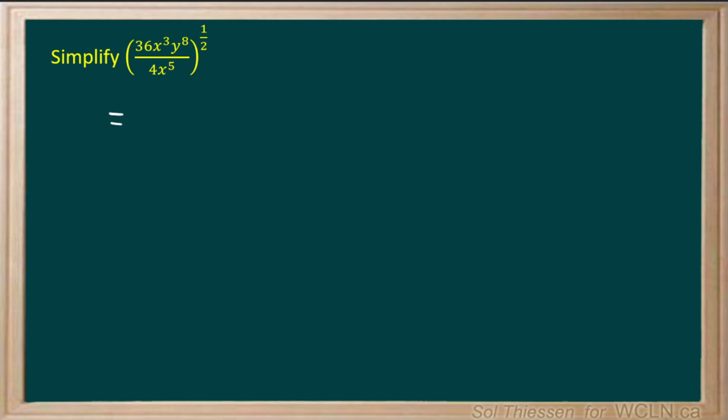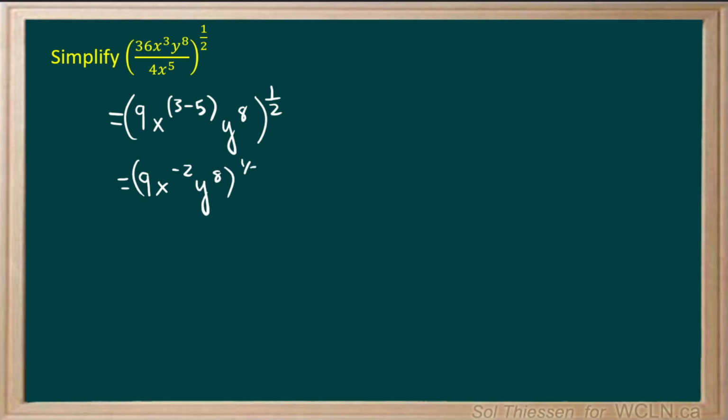So, like I said, 36 divided by 4 is 9. And then x cubed over x to the power of 5 can become x to the power of 3 minus 5, and we still have y to the power 8. Keep in mind that this is all still raised to the power 1/2. So we'll have 9 x to the power of -2 y to the power 8, all to the power of